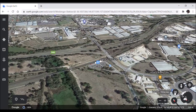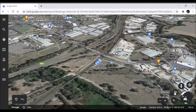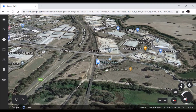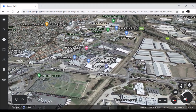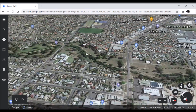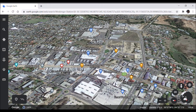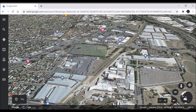Sorry for this short interruption. I just wanted to say, while we're on the topic of connections, Wodonga Station is actually quite far from the city centre, as you can see. This is Wodonga Station here, well, the current one. So you have to go across Melrose Drive, and all the way here, past the cemetery and the car dealerships, all the way down here to get into the city centre. And here's the old Wodonga Station, basically in the city centre. So it's pretty unnecessary, and